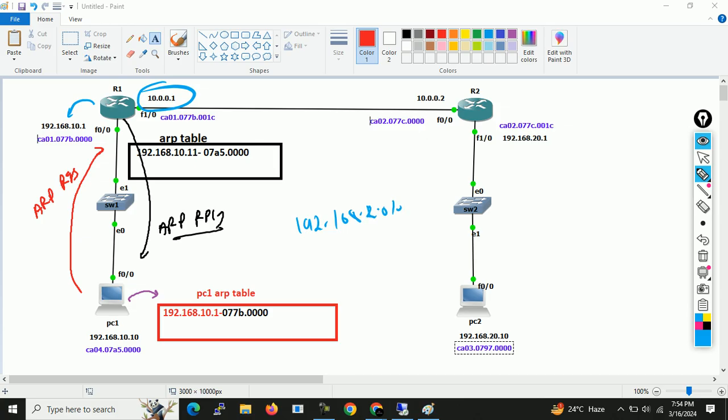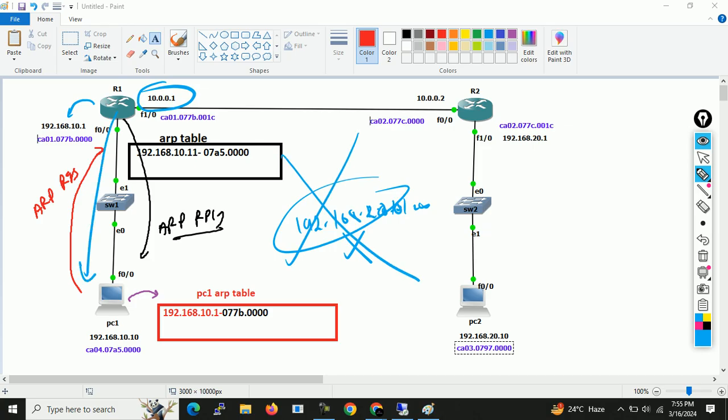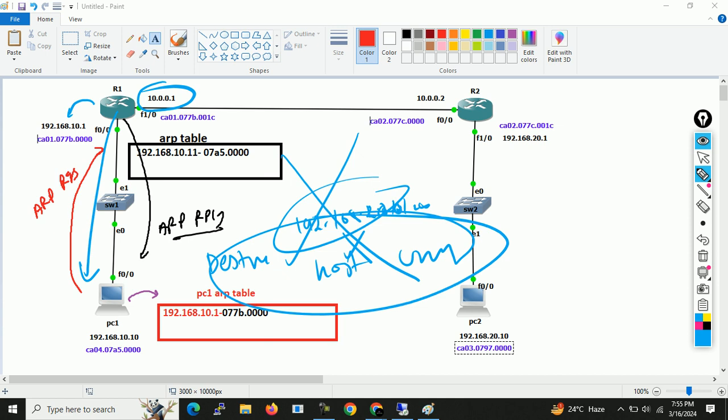192.168.20.0 नेटवर्क के लिए कोई भी राउट नहीं होगा. सो राउटर विल नॉट send this packet further. So he will drop this entire packet and he will reply to you destination host unreachable, because as I check my routing table, in the routing table I cannot see any route for